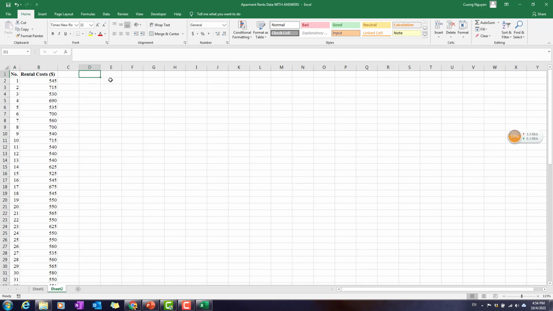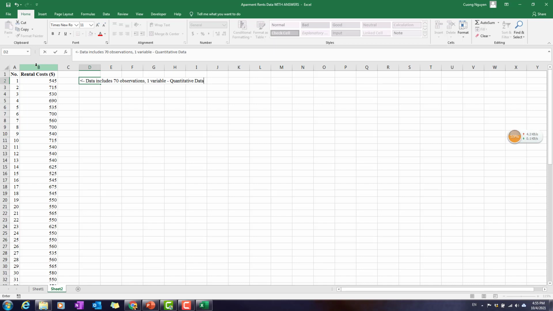First of everything, we have to take a look at what exactly the data is. You can see over here we have 2 variables and 70 observations, right? We have 70 different houses or apartments. So this is rental data, apartment rental. The data includes 70 observations, as you can see before, and also 2 variables, but actually I just care about the rental cost, so I can say 1 variable, rental cost, and that's